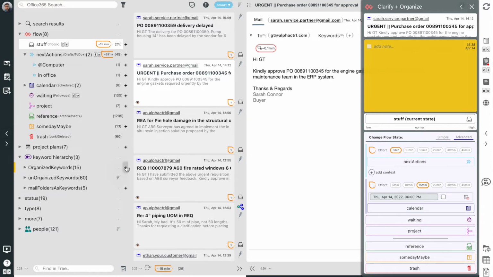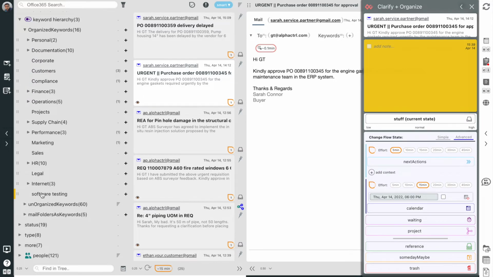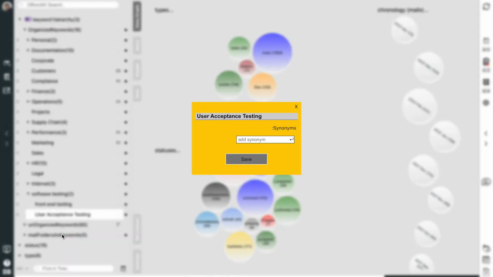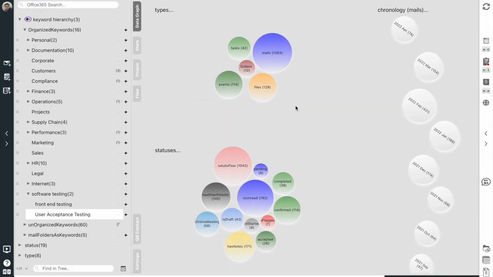All I need to do is click here and then enter my keywords as an indented list. Next time I open an email related to any of these words, I will be prompted by the app to connect them. Keyword hierarchies make up my personal organization framework, and I create and organize nodes in this framework without any interference from anyone else.